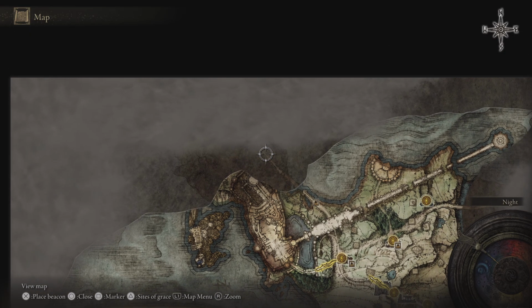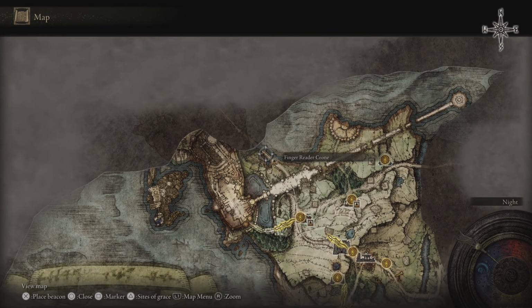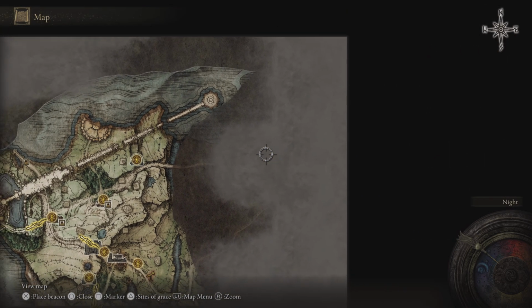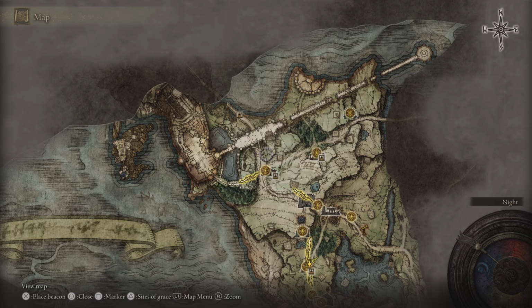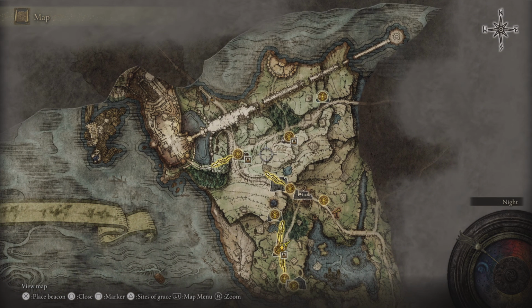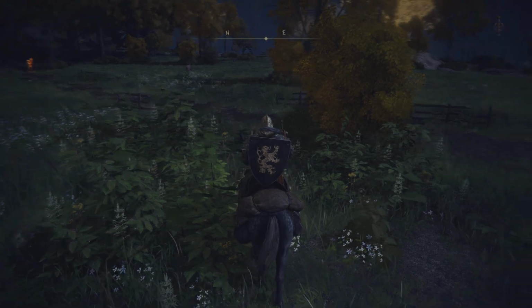Okay? No, actually, we have to do both of those points. So once you do that one, we'll come back over here. We'll get this other grace. And then once we rest, she's going to take us to the round table hold. Once we go there, I'll show you. I'm just wasting time explaining all this, but you'll see. So anyways,